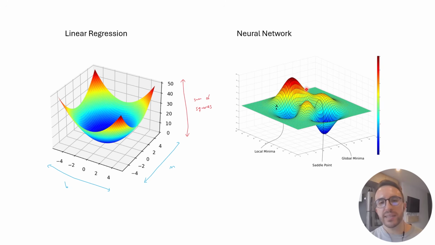In the neural network case, this is actually a bit of a simplification because, like I said, the vertical axis represents how wrong you are, right? How wrong was the neural network's prediction? And so fine, one vertical axis. But the other two axes I mentioned represent your current weight values. Where are you standing on the loss landscape? But obviously, we don't have just 2 weight values. We have billions of weight values. So the real loss landscape is in a much higher dimensional space than just 3 dimensions, but we can't visualize that. So just to think about it, we put it in 3 dimensions. I just wanted to clarify that.